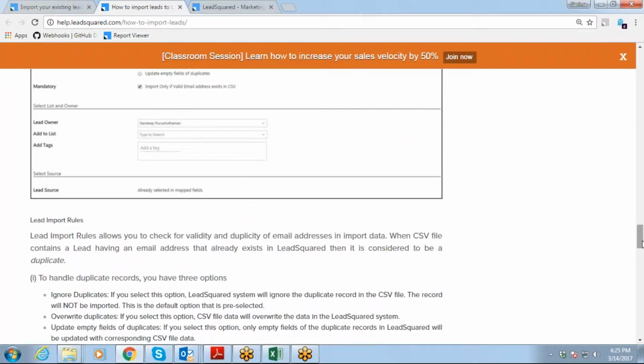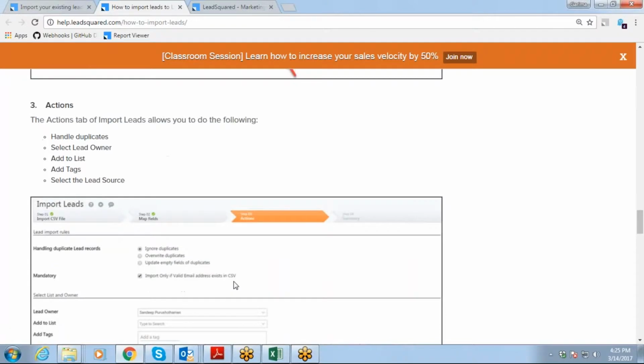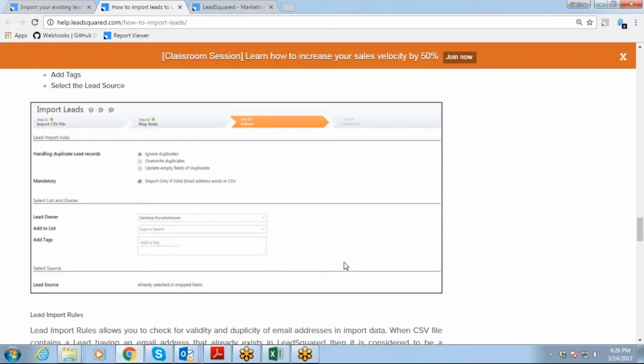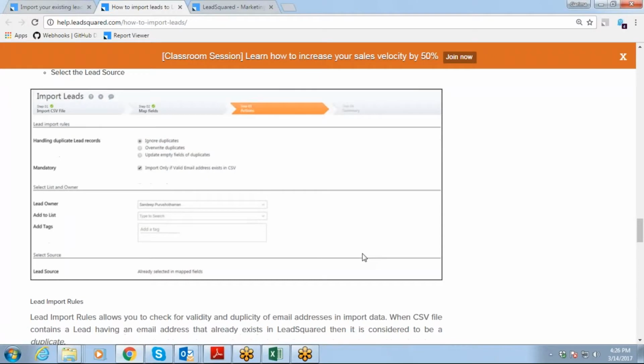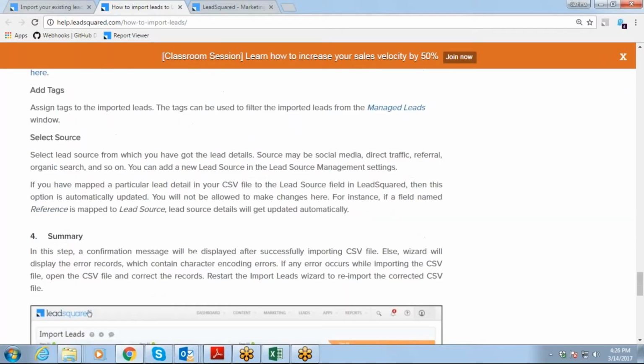What is invalid in the sense? Can you just repeat? I can't hear you. Hello, can you hear me? Yeah, I can hear you. You told that it is invalid. What is invalid in the sense? See, for example, if I write garima at the rate gmail.com, so this is an invalid tag for emails. Okay, got it.